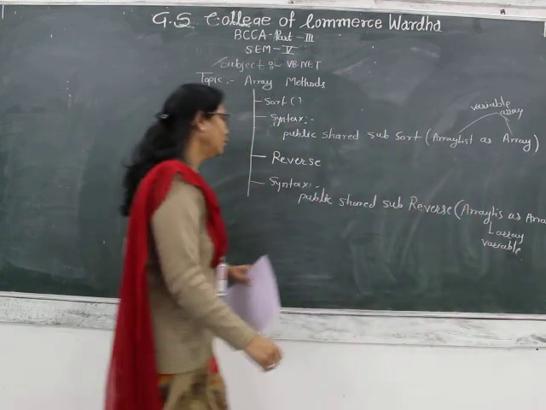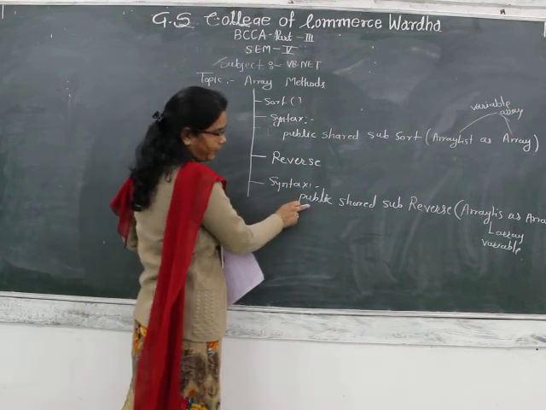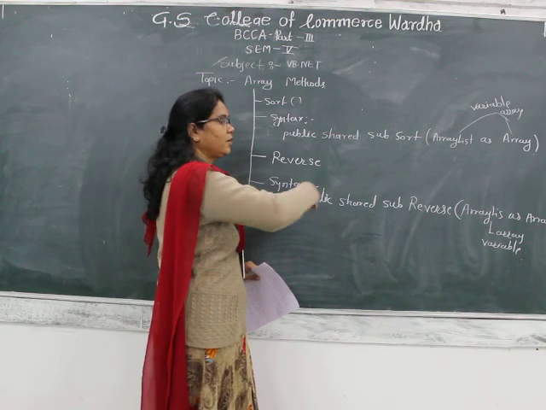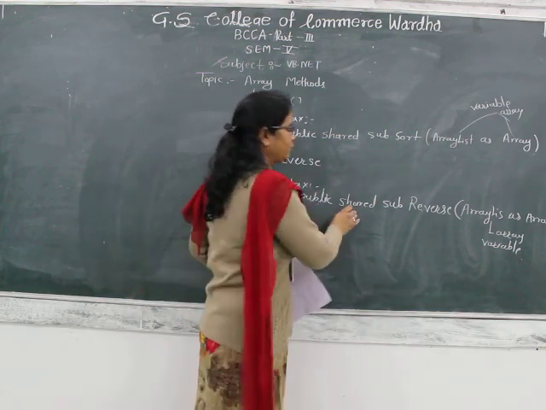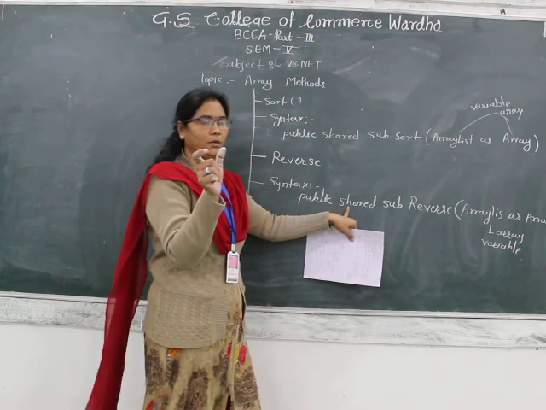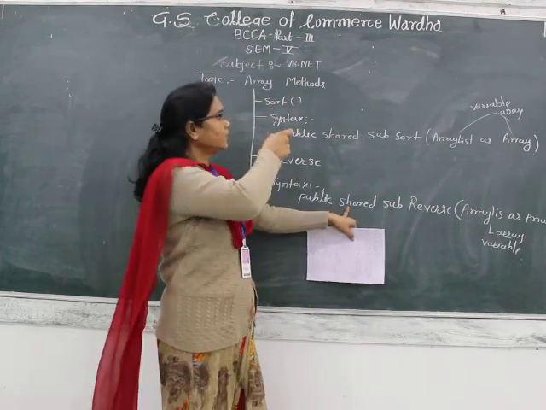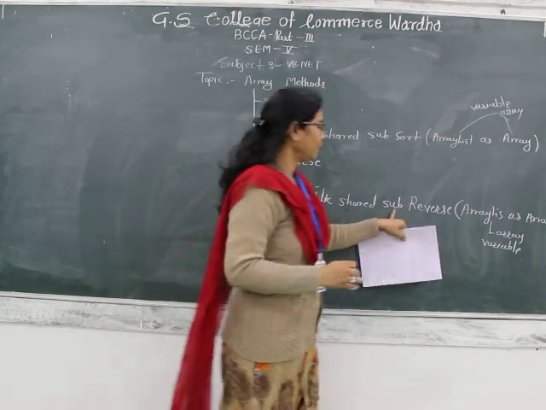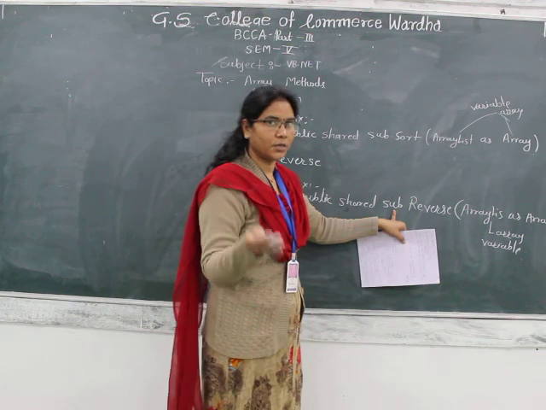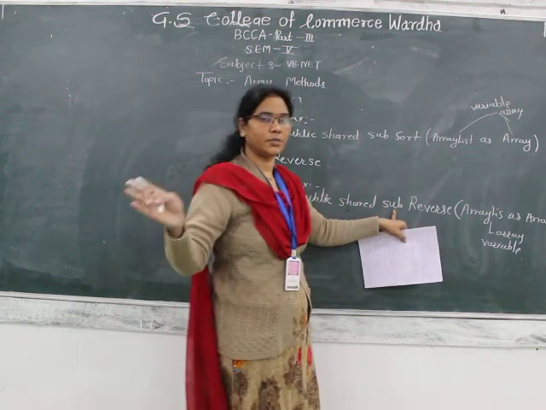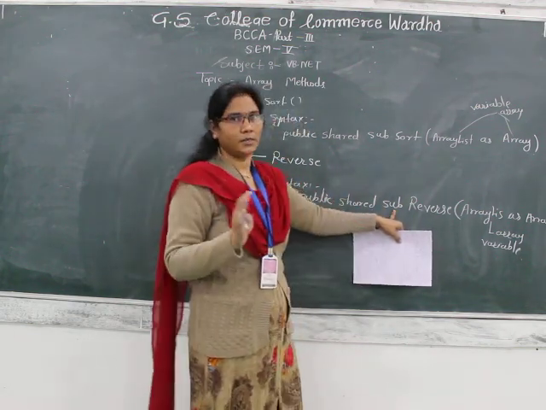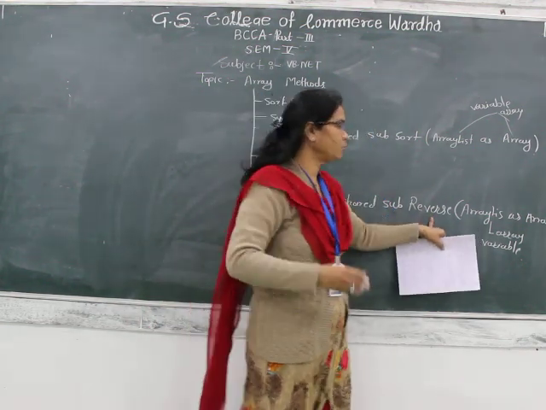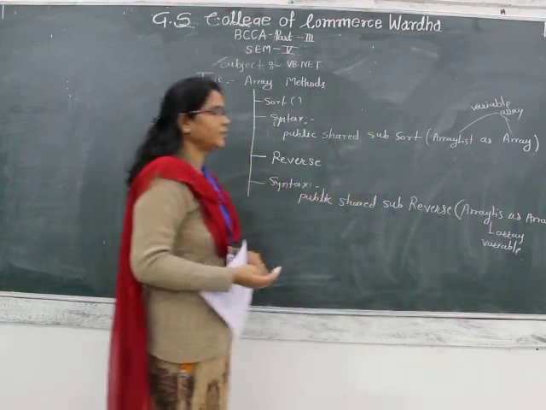So the syntax for reverse is Public Shared Sub. Public means access modifier, we can use it anywhere. Shared is again an access modifier provided by VB.NET for sharing something. Sub means procedure; you can define a function or a procedure, so Sub indicates it is a procedure. Then Reverse is the name of that method which we use for reversing the array elements.